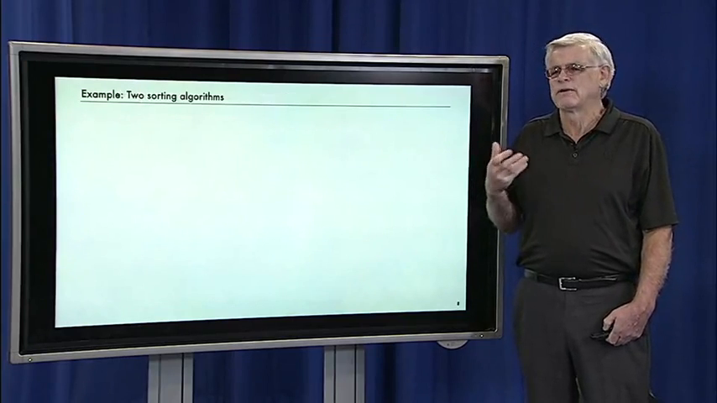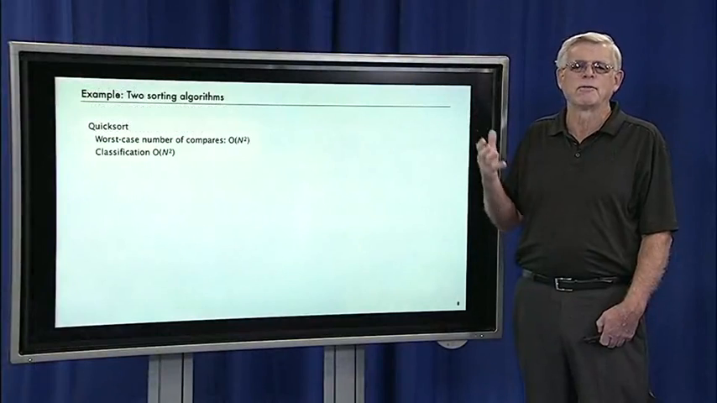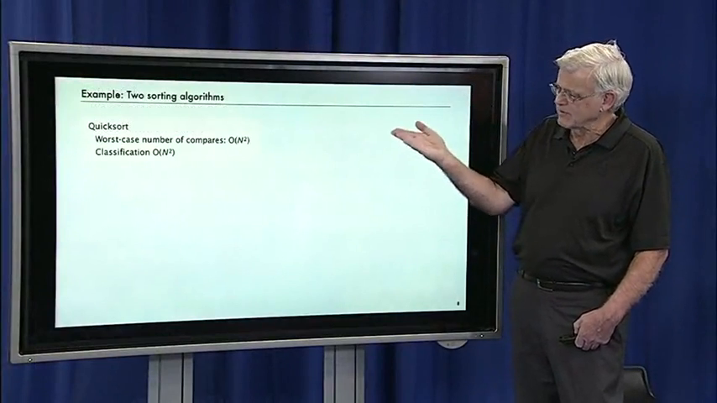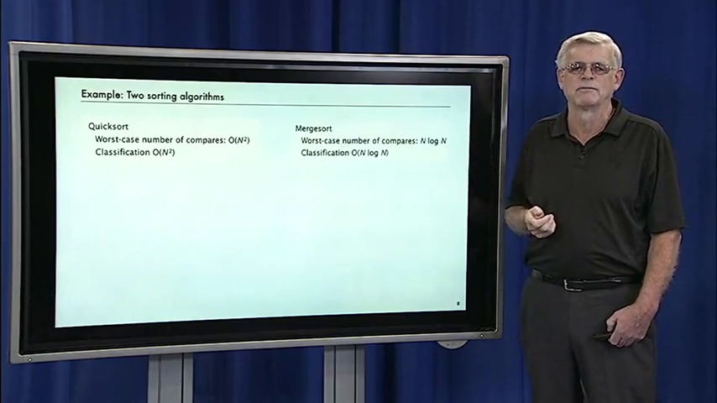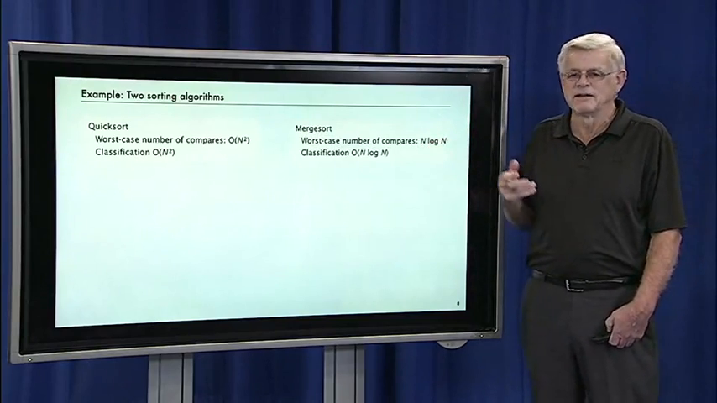So here's an example, two very familiar sorting algorithms, which I'm sure everybody is familiar with in this course. Quicksort: the worst case number of compares is quadratic. You can have the algorithm, and we'll look at this algorithm in more detail later to make that obvious for those of you that haven't seen it. So according to the classification from the theory of algorithms, it'd be classified as an O(n squared), or quadratic, algorithm. Merge sort: we can prove the worst case number of compares is n log n,